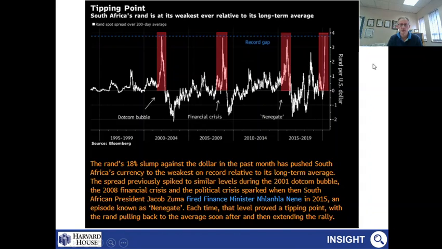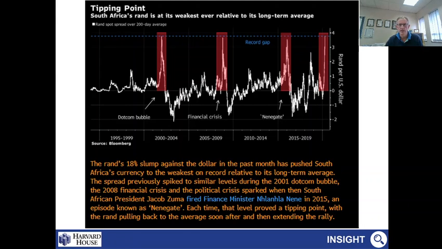And then this was a chart that comes off Bloomberg, which Willie very kindly has forwarded to me. And it basically looks at the 200-day moving average of the Rand spot price going back all the way to the early 90s. But you can see there are 4 crises highlighted in red here. There's the dot-com bubble, the financial crisis of 2008-2009, Nenegate, when our finance minister was fired and replaced by Des van Rooyen over the weekend, and then finally this crisis, the coronavirus, and our downgrade.